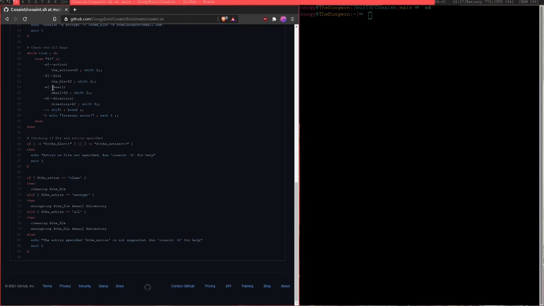The email you need to specify if you're doing encryption, so for your GPG key. The directory is another optional one. It's basically if you want to sync all the files to a directory. If you don't specify this, all the files will just remain in the local directory that you ran it in. So I'm going to run